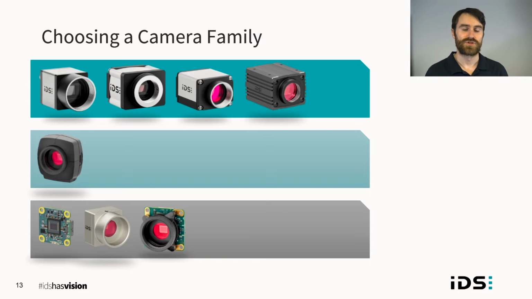So let's say we've chosen an interface, and now we need to choose a camera family or camera model. I've organized our families into 3 different categories, and we'll go over each starting with the bottom. Now at the bottom, these cameras are not the best choice. These are the XLS, the XCP, and the XLE. They'll still work in multi-camera applications, but again, there are a few reasons why they're not fantastic.